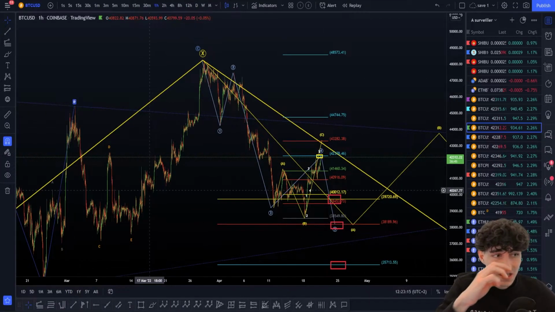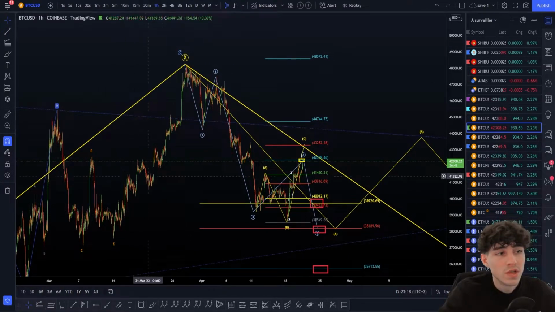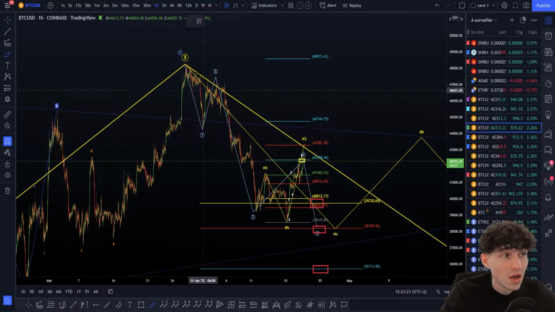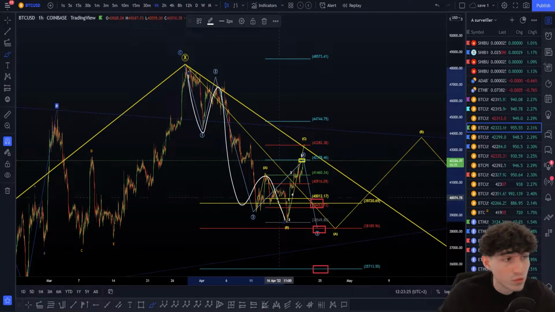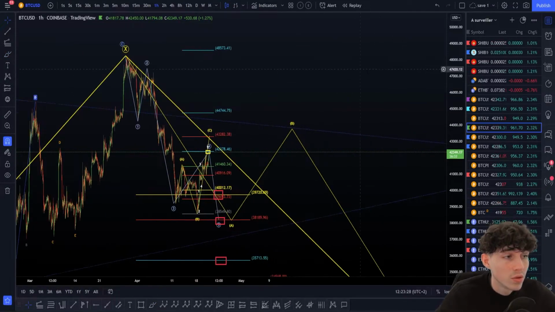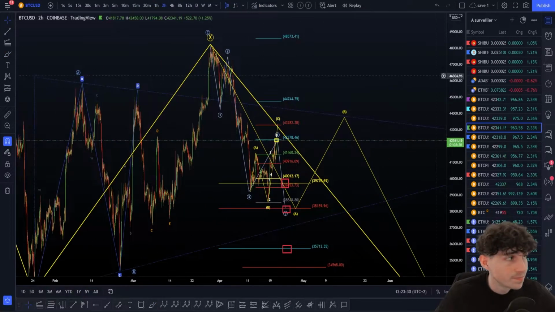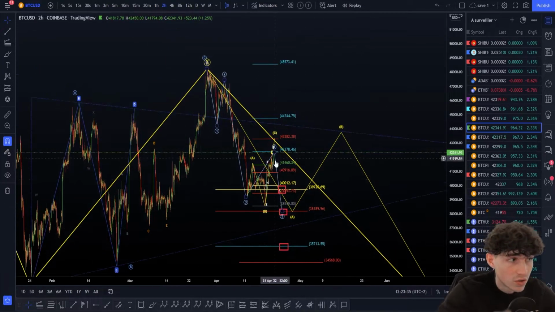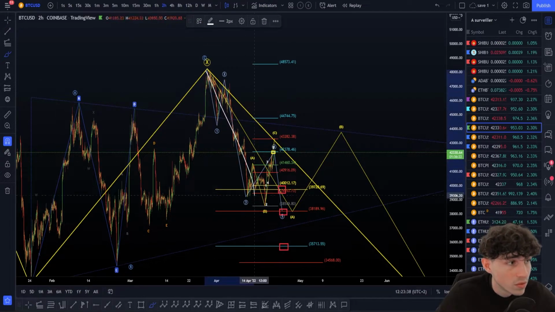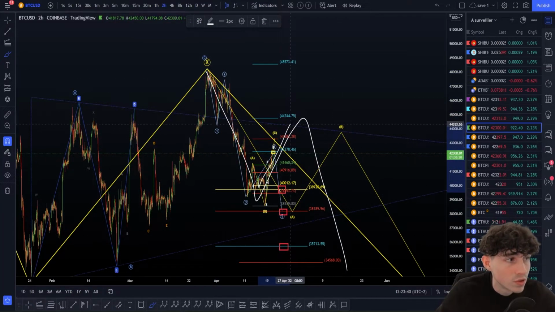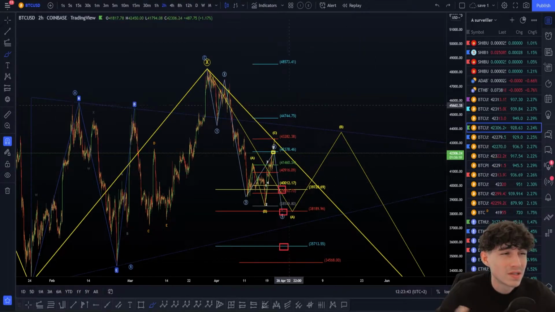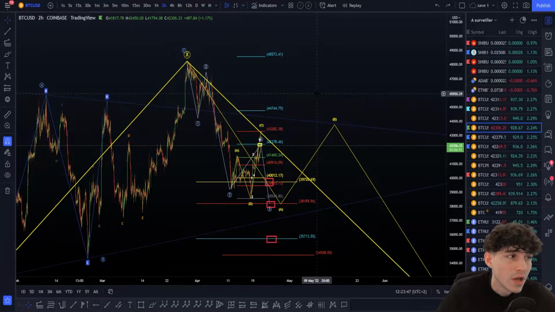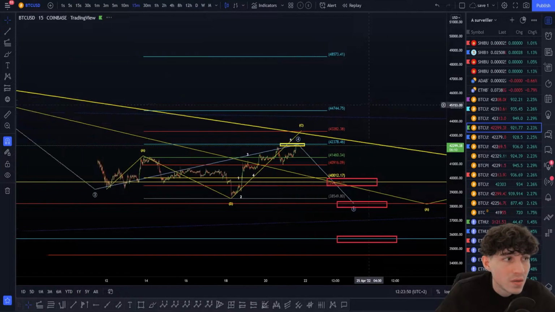I'm not going to lie. To repeat myself, this move to the upside can be an ABC zigzag or can be an impulsive. This move to the downside can be a W, X, Y, X, and Z, or so, to push higher after that. Remember, if we're in a Z wave here, we can be in this ABC zigzag with five waves, triple wave 5. In that case, we should force the flat, but we can also be in a W, X, Y. In that case, that's a retracement to push higher. These are less likely scenarios, but still scenarios we have to think about and be aware of. Really important.